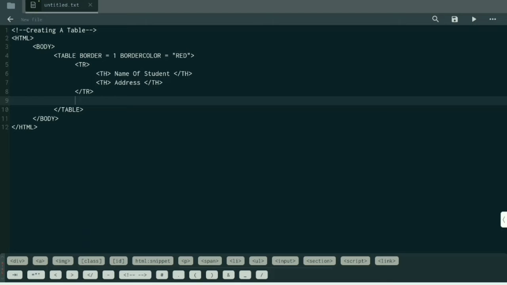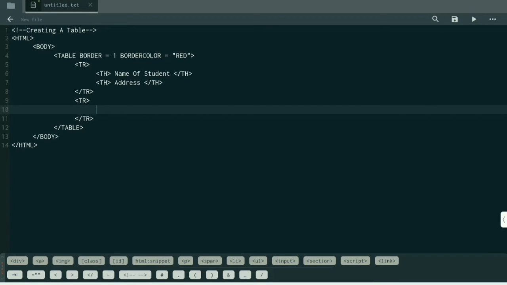Then in the next row, for that also we will specify here next table row. We will insert table data using TD tag. So for specifying table row we use TR tag.